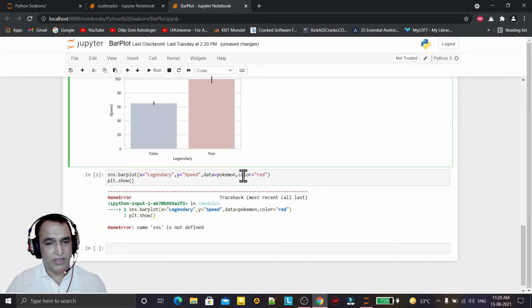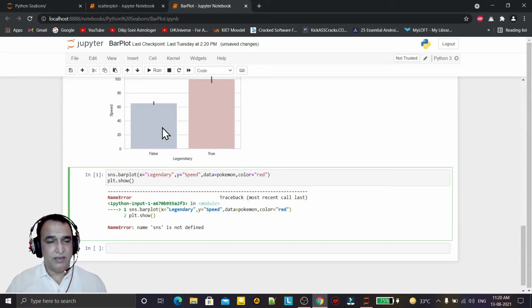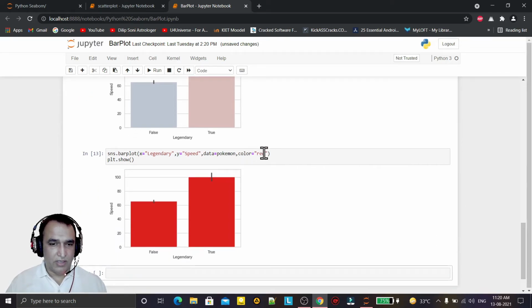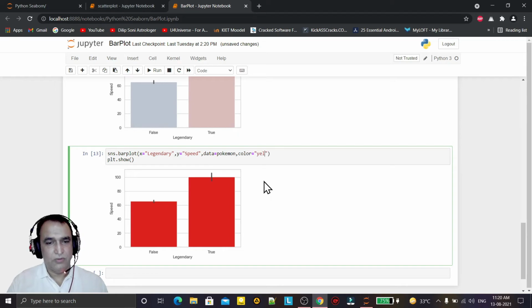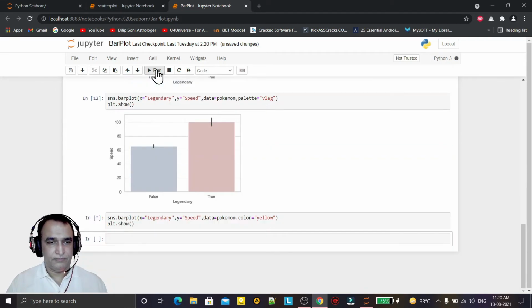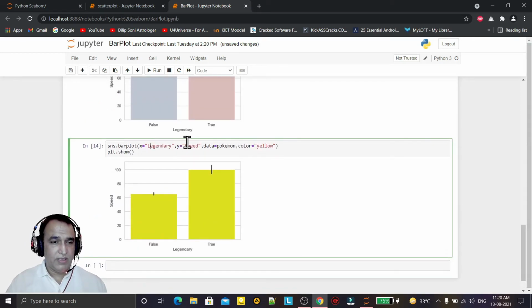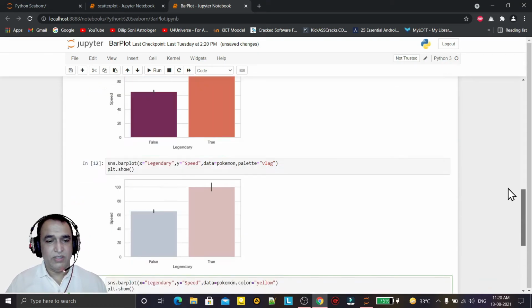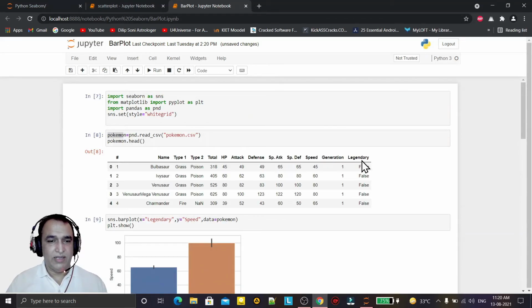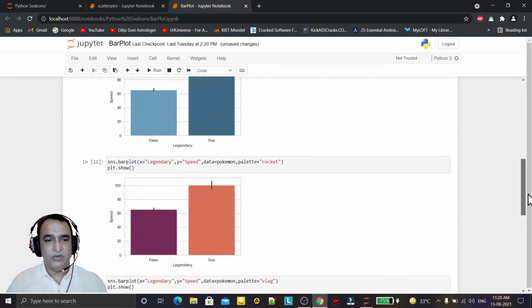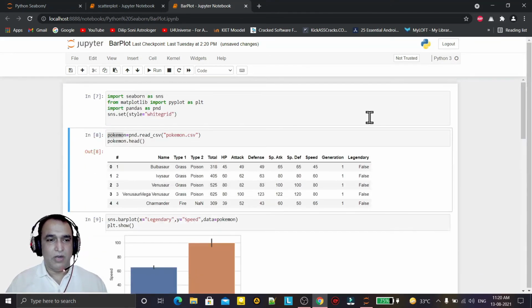Next, if you want to take a color as per your choice, you can use the color field and pass the color here, and you can display in red color. Similarly, if you want another color, you can take that also, yellow color. So it depends on you what type of color you want, what kind of x and y coordinates you want and what data set you want to use. I am here using the Pokemon data set and the fields legendary and speed. You can take anyone whatever you want and analyze your data using this Seaborn library